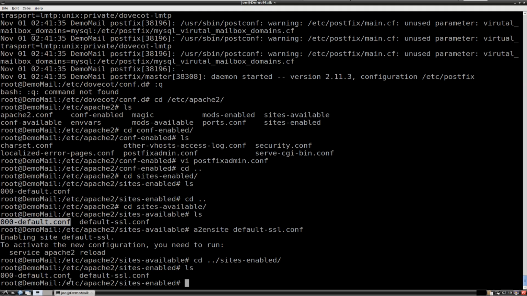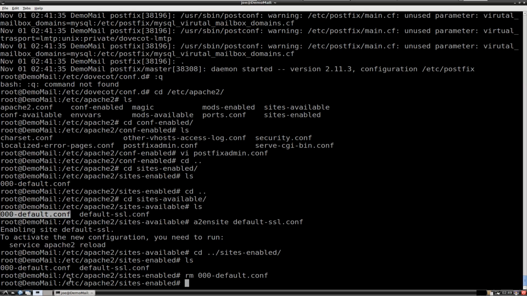If you want, you can rm your 000-default.conf to get that off of there, so it's impossible to actually connect to your site unless you have your SSL